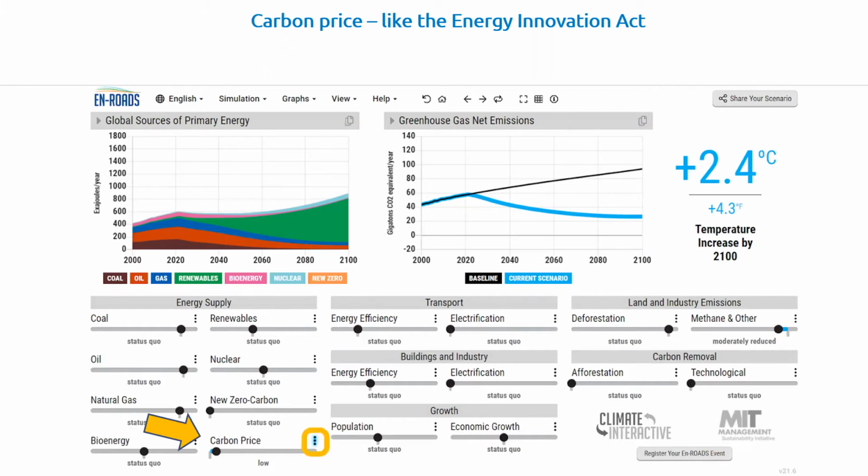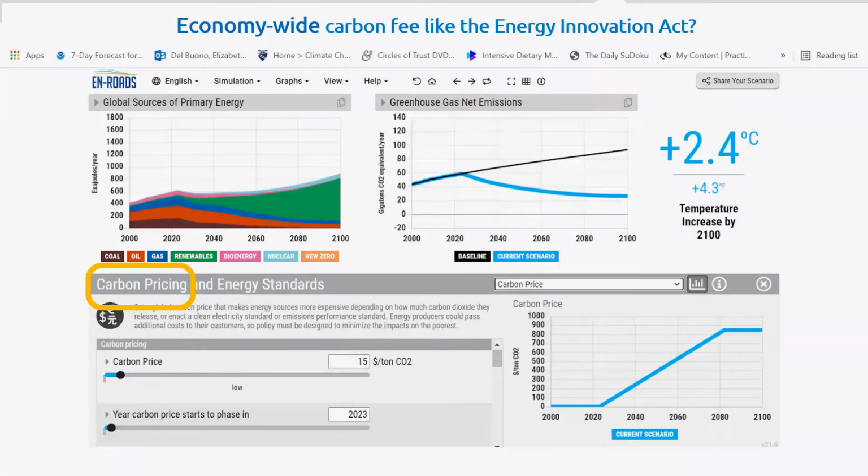So let's hit those 3 dots and figure out exactly how we modeled the Energy Innovation Act. What is it exactly? So we're looking at carbon pricing, and with the Energy Innovation Act, the price on carbon actually starts relatively low. It starts at $15 per ton of CO2 or CO2 equivalent. It's actually on the fossil fuel companies, it's not on individuals, and it's at its source when it comes out of the ground or into the country. And that's really important because then the impact will be economy-wide. The farther upstream it is, the broader the impact it will be.